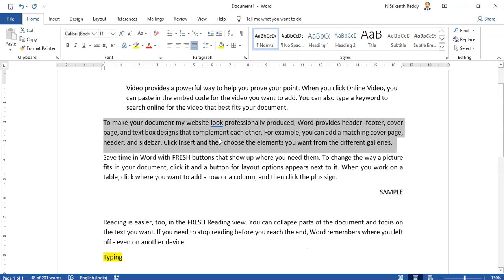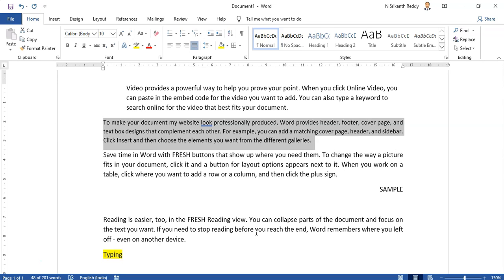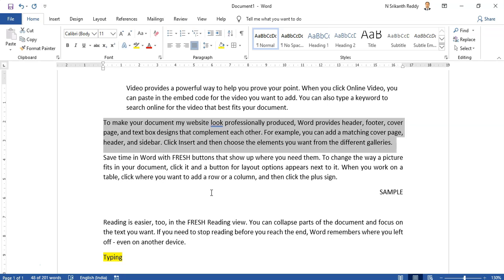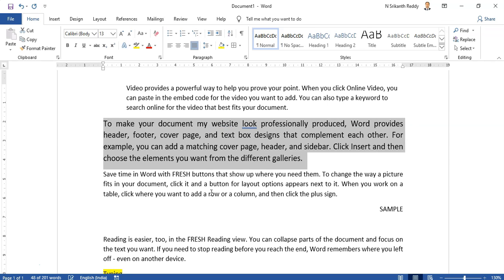Now you can use Control plus opening square bracket. What is happening here is it is decreasing the font size. Now it is 10, you can watch here, 10. Now 9. Let me increase with Control closing square bracket: 10, 11, 12, 13.